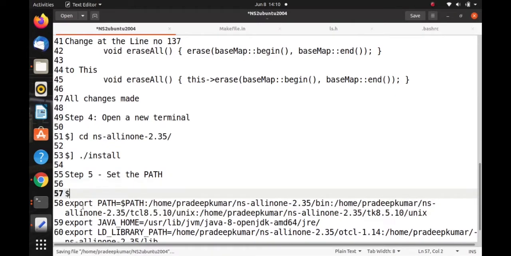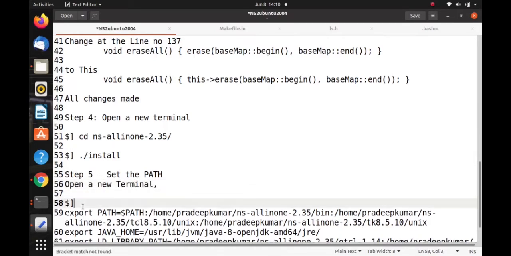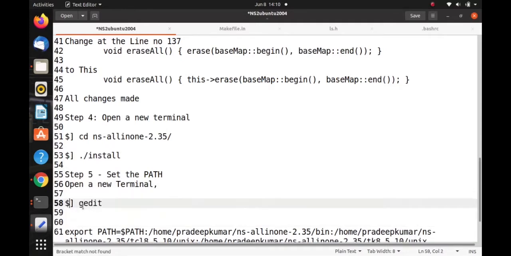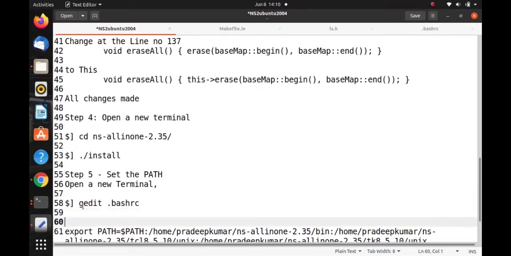Open a new terminal, then open the file in gedit. No need for sudo here, you can directly run gedit ~/.bashrc. This is the name of the file; it doesn't have a name, it only has the extension .bashrc. Once you open it, paste the following lines.